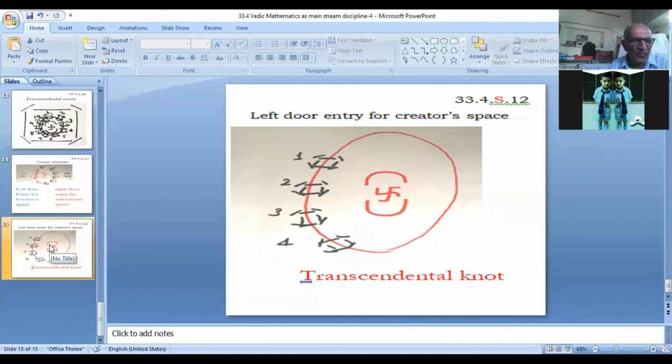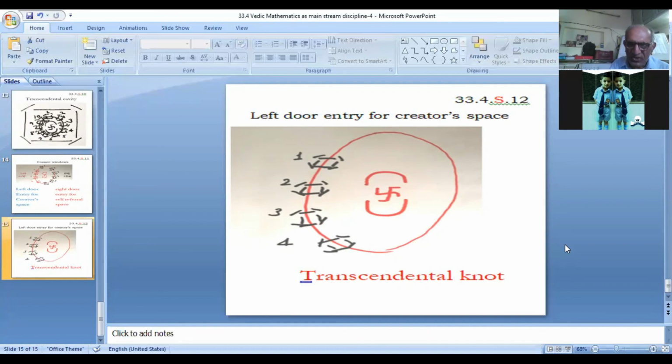One shall sit comfortably and permit the transcending mind to be parallel with the placement of the transcendental knot at the seat of transcendental origin within the creator's space, and there happening transcendental cap for the transcendental cavity,